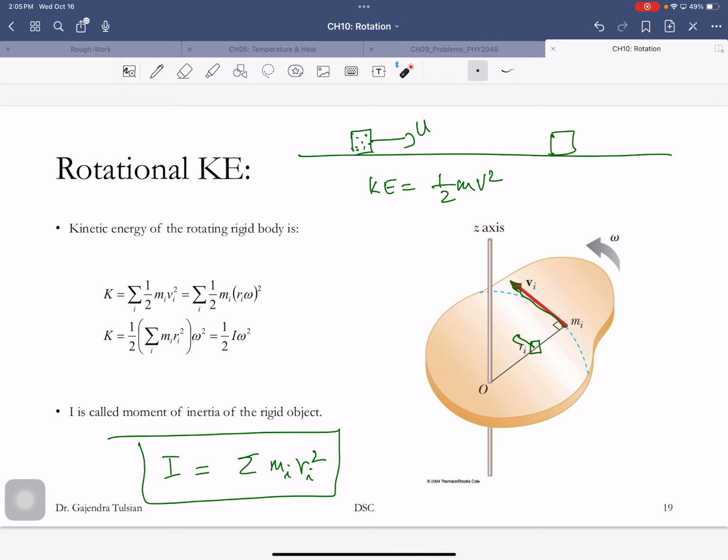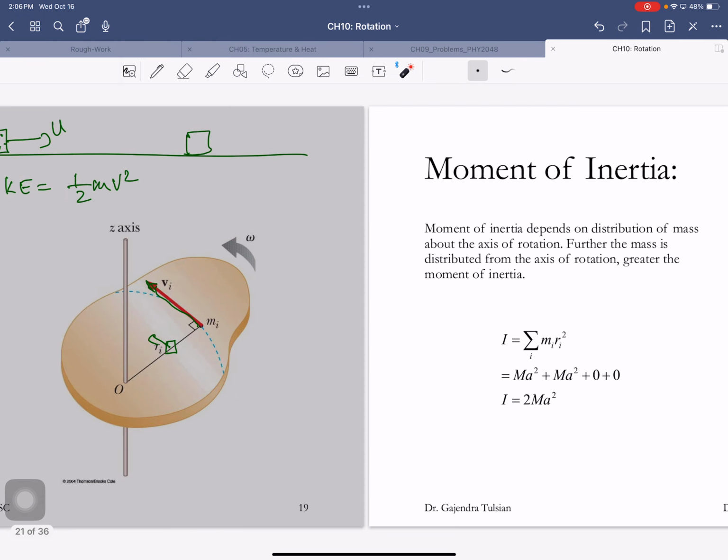Okay, so while the mass of an object is the same, the moment of inertia of that same object depends on the choice of axes. And it has an infinite number of values. So for instance,